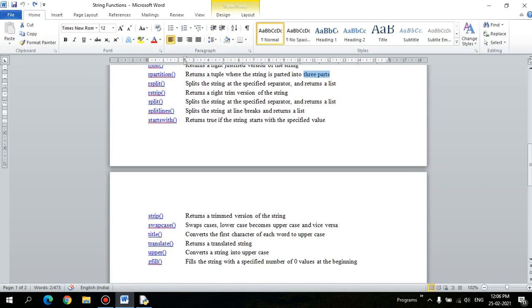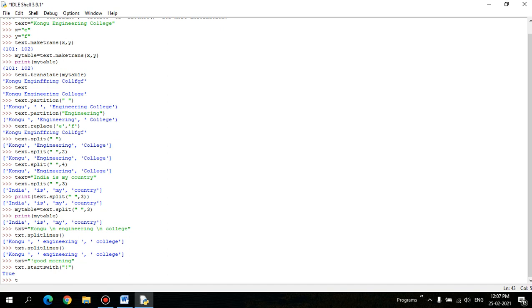So true or false. And strip returns a trimmed version of the string, right. We have seen lstrip and rstrip. A similar function is done here, so it will trim both the left part and the right part of any particular string, right. And swapcase is nothing new, right.